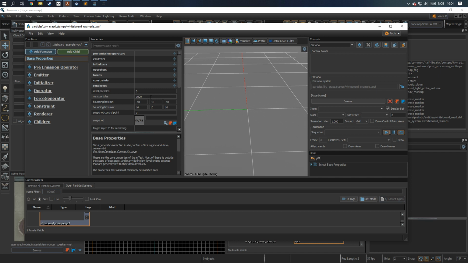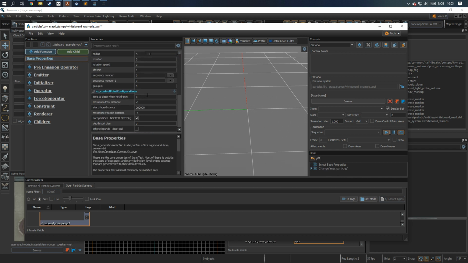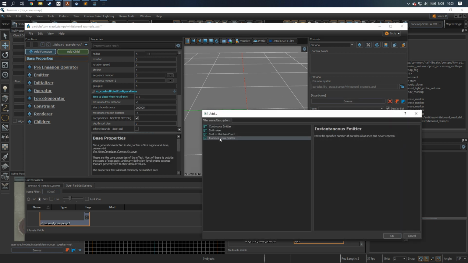Next, simply copy the settings that I am setting right here. I don't know necessarily what all of these do myself. I've mostly just copied these settings off of whatever Valve did. There's actually a file in the description with all these settings as well, so you can reference that later on. Next, I'm going to change max particles in the base properties to 1, and simply change time to sleep when not drawn to 0.1. I'm going to create an emitter, instantaneous emitter,